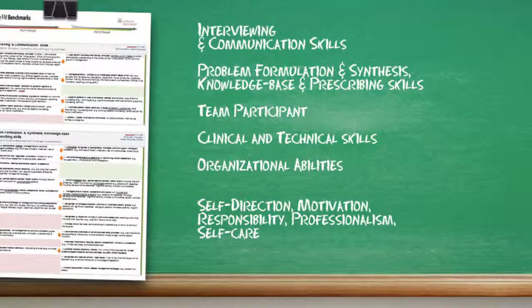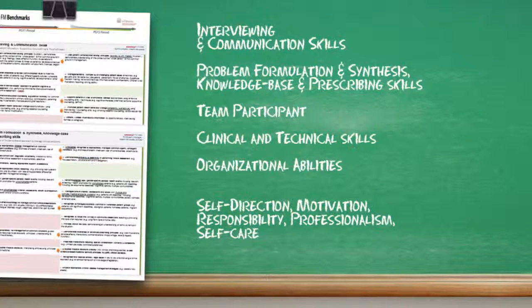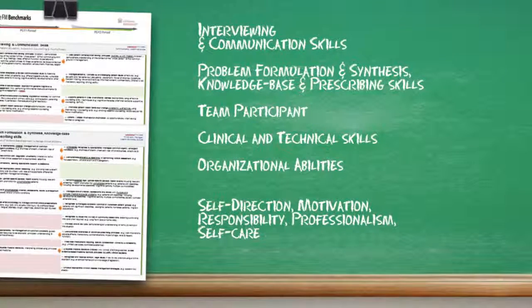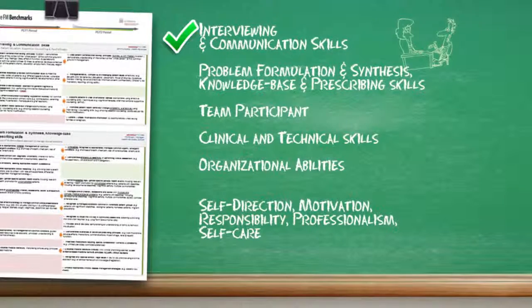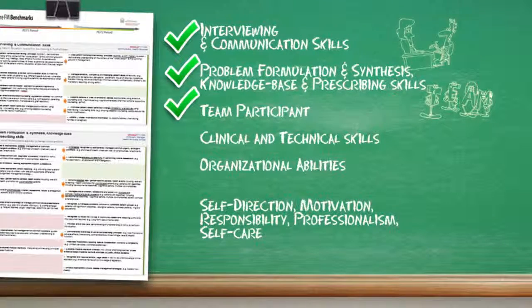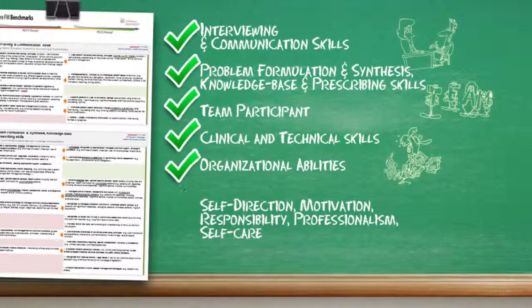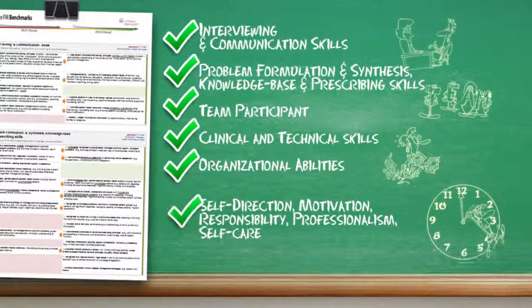We've used several categories that relate to the CanMeds FM roles that are a more natural set of related observable competencies. The 6 categories relate to what we expect of a resident. We expect them to be skilled at how they talk to patients and counsel them. We expect they have good knowledge and they know how to reason clinically. We expect that they work with others on the team. We expect solid clinical and technical skills. We expect they have good time management and can organize themselves and their practices well. And lastly, we expect they are professional and motivated and they understand good work-life balance.